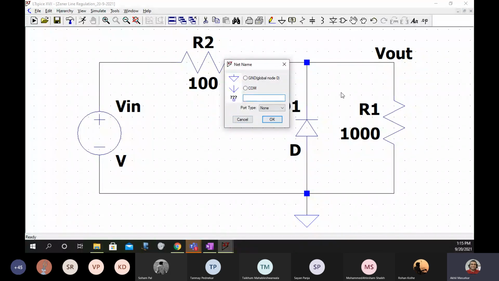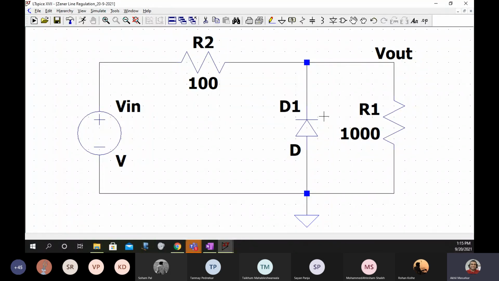Whatever name you want, you give and put it here. I want everybody to do this because I am noting down your lab work.